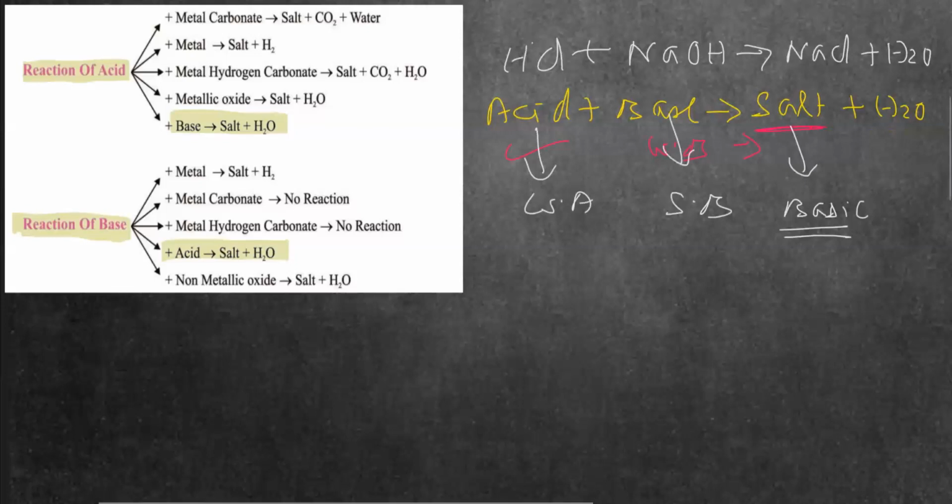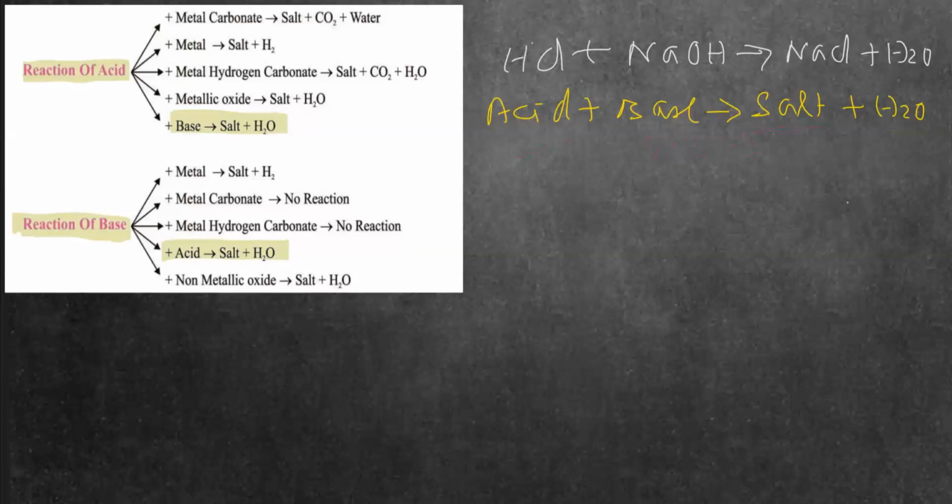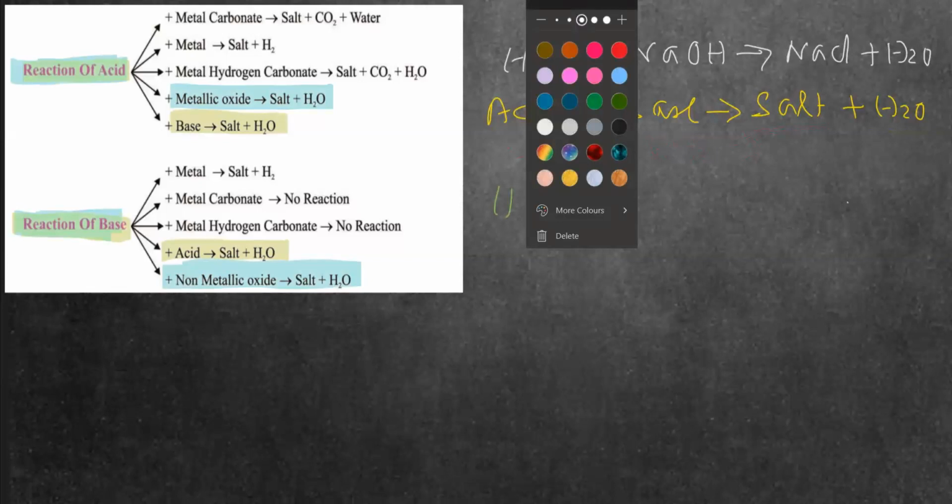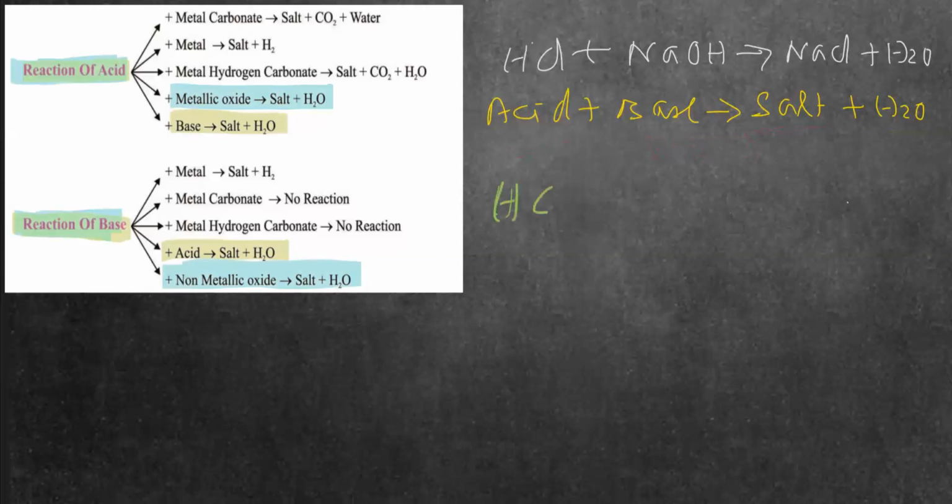Now let's continue with the next part. What we are left with is the last one. The last one is the reaction of an acid with a metal oxide and the reaction of a base with a non-metal oxide. Now, as you know, a metal oxide is basic in nature. So whenever we react an acid, say I took HCl as the acid here,